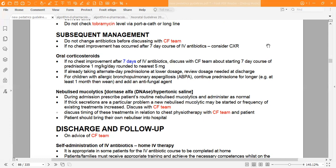So for children, they just have chest exacerbation, they will take the oral course prednisolone for only 1 week, and then you will follow up again with them. For children who have allergic bronchopulmonary aspergillosis, they will take the oral steroid or oral prednisolone for longer than 1 week, at least 1 month,